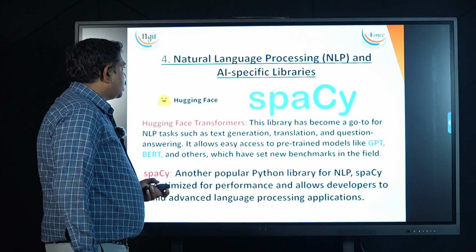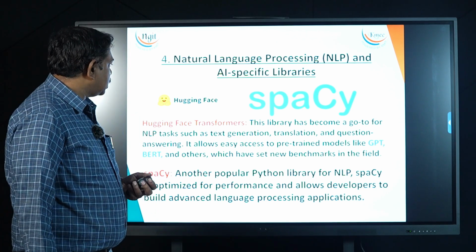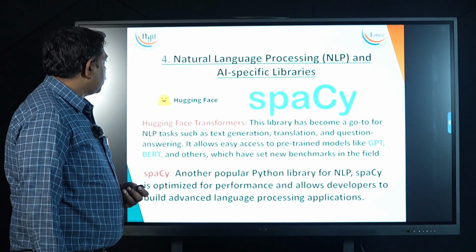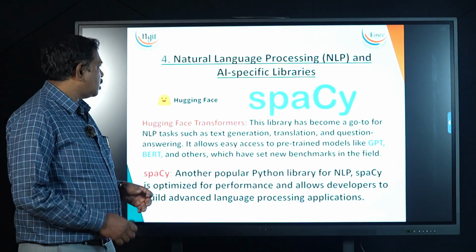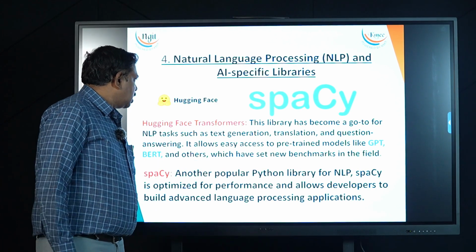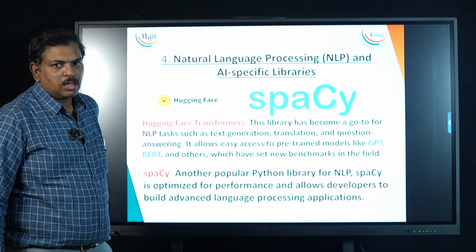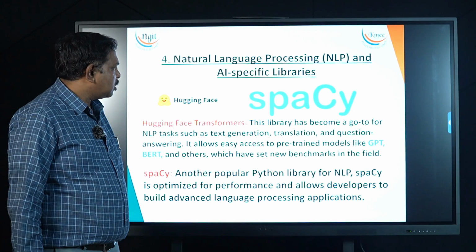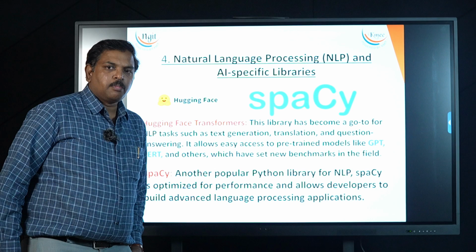Other than those frameworks, recently AI-specific libraries, meaning natural language processing libraries, are also gaining popularity. There are two popular libraries, Hugging Face and spaCy. Hugging Face Transformers have a very huge number of datasets, around 150,000 datasets, and a lot of pre-trained models.